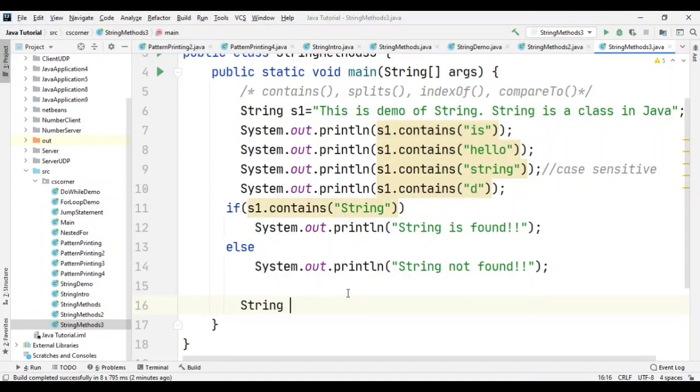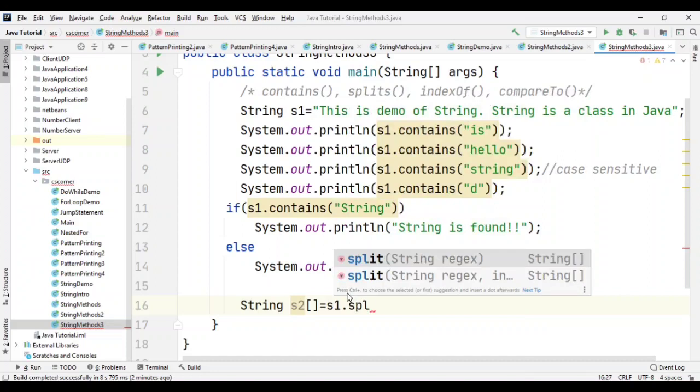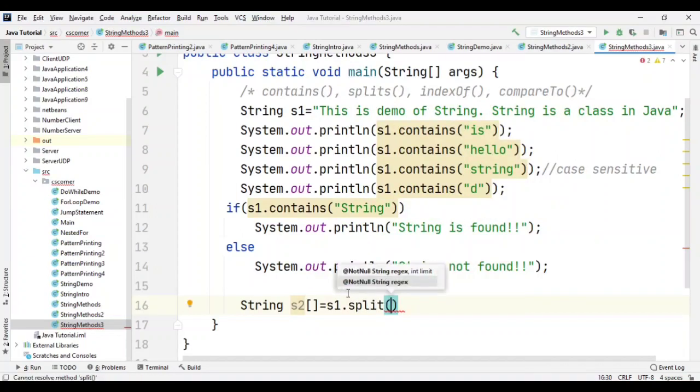Creating one array variable, String[] s2 = s1.split, and in this regular expression I'm going to pass a space because here my words are separated by spaces. So in this array, at position 0 I'm going to get This, at position 1 I'm going to get is, at position 2 I'm going to get demo, and so on. So now this string has been split into words and it will be stored in s2.